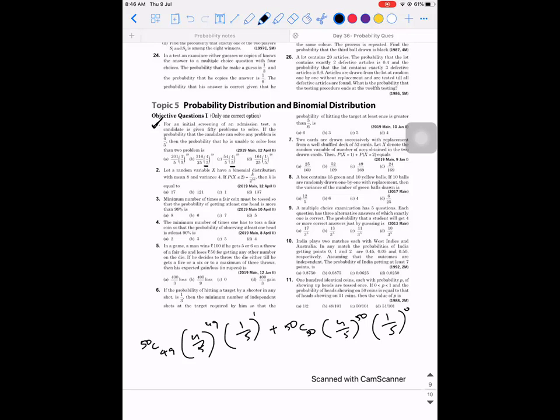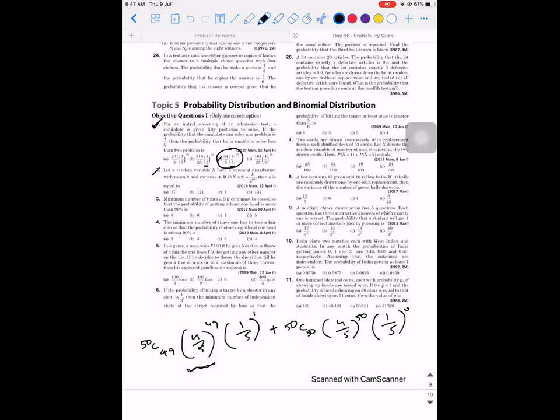So when you solve this, what are you getting? Anyways, you need not solve it also, because if you take out 4 by 5 power 49 as common, you can solve. There is only one option which has 4 by 5 the whole power 49. Okay, you can do the next one.